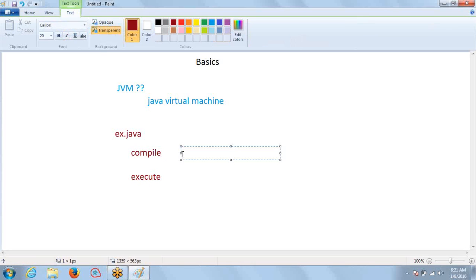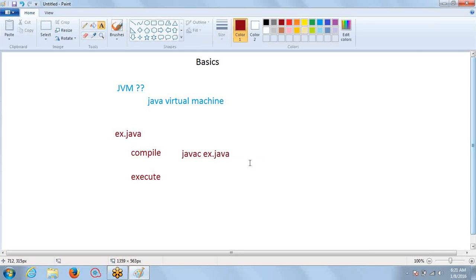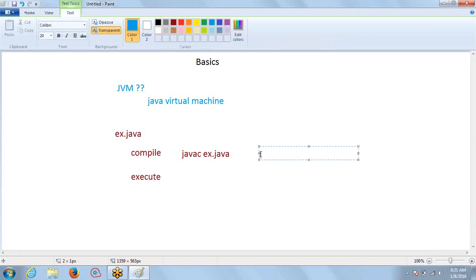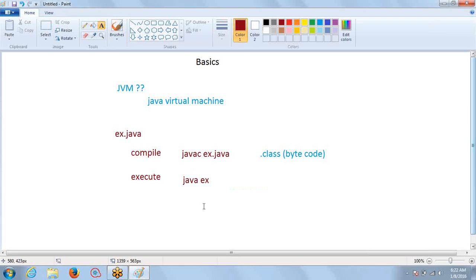As part of compilation, we give javac example.java. Upon compilation, it generates a file called a .class file. This is also called bytecode. And for execution of a Java program, we give java space example. Then